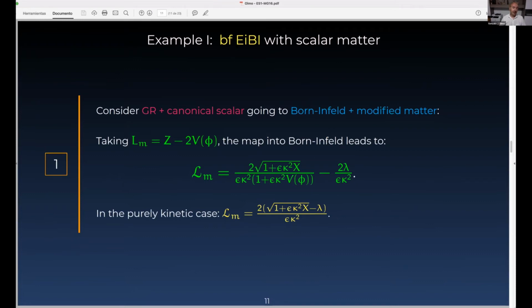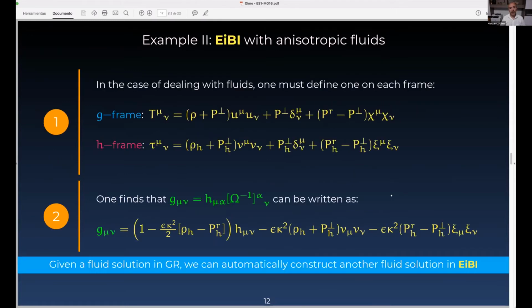And for instance, if we consider Born-Infeld gravity with a scalar matter, taking, for instance, general relativity with canonical matter, this Lagrangian, then we can transform this combination into Born-Infeld plus modified matter, and the modified matter takes this form. Okay, so if we start in GR with this Lagrangian, the corresponding matter Lagrangian in Born-Infeld gravity is this one. And as you can see, it has the square root structure of Born-Infeld theories. Okay, so somehow the nonlinearity is also transferred to the